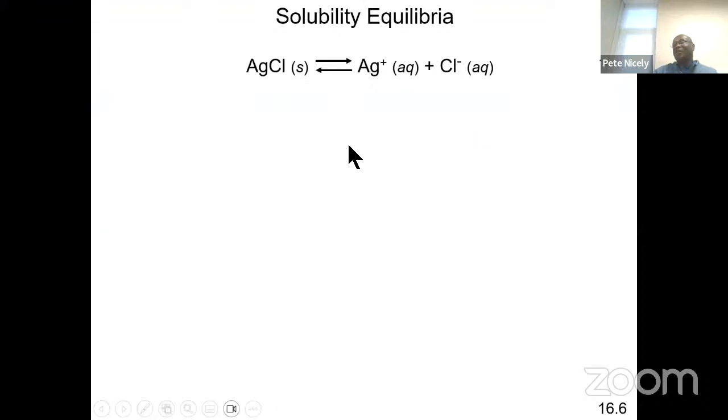So when it comes to the solubility of sparingly soluble compounds, those compounds which we generally regard as insoluble, what you'll find is that when you add them to water, a very small amount of that compound will actually dissociate and go into solution. A good example of that would be silver chloride. As you can see, the equilibrium